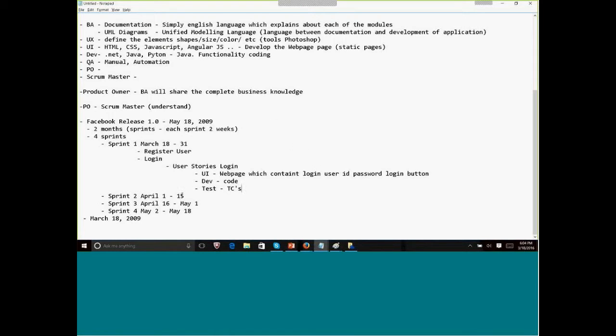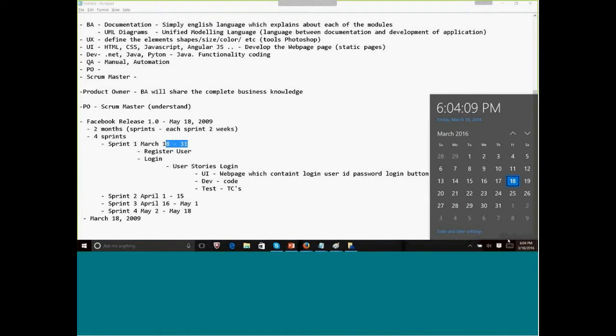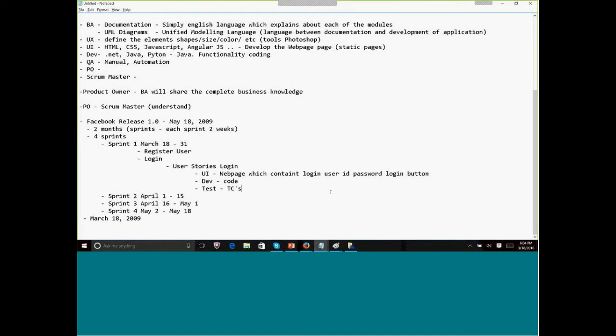Say assume March 18th is the first date. Assume after 10 days, say March 24th, they have given the UI. Then the testing team, the testers; automation testers didn't come into the picture, we will see that as well. Don't worry, guys. So the manual testing team, whoever has written the test cases, they will start testing the application. Okay, and this cycle goes on, and the DB team will create the tables, etc.